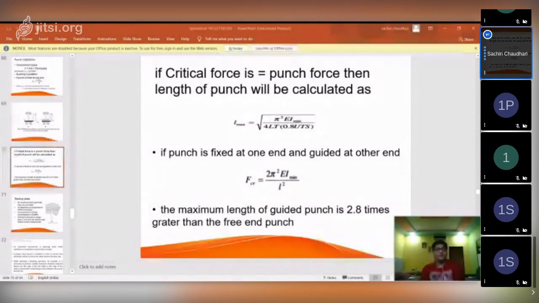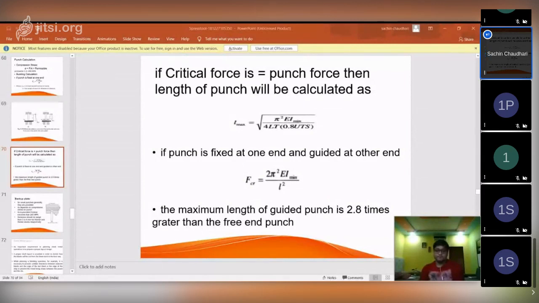One more important point regarding this you can remember: for punching of any material, guys, the shearing stress tau should not be greater than 295 MPa, which we saw earlier. In that case the punch diameter you can take larger than your available sheet thickness. What is the condition for that? Tau should not be greater than 295 megapascal.